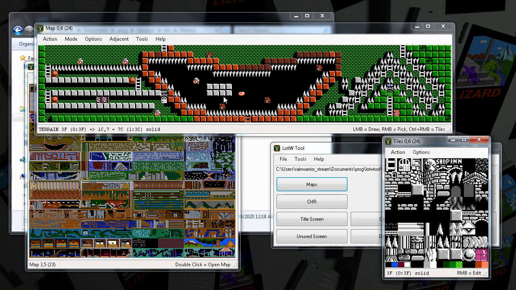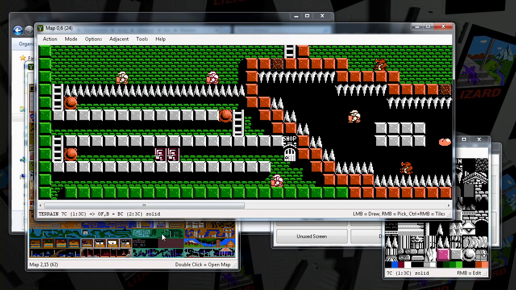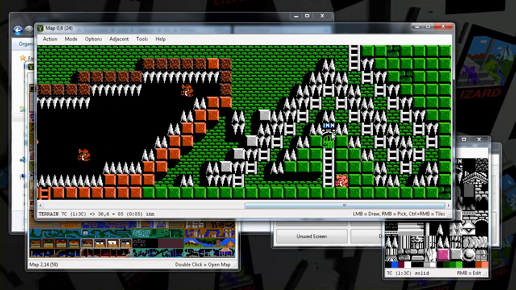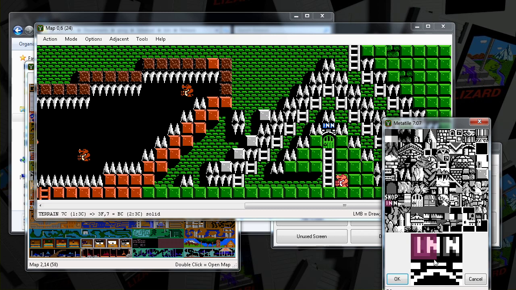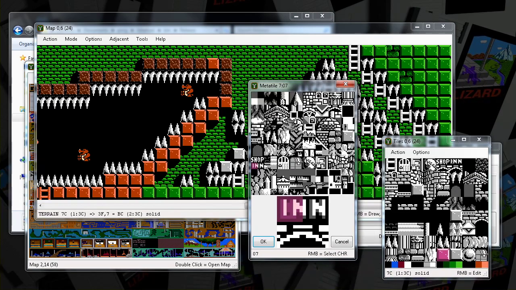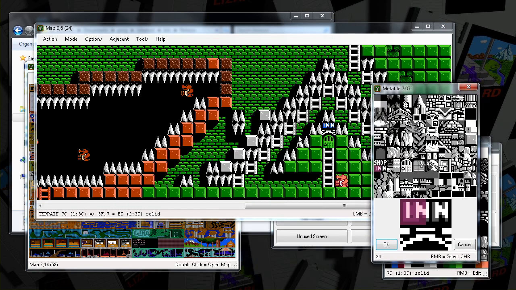The other thing you will find is that, let's just zoom in on the inn for a moment. So here's the inn over here. Here's the inn sign. We can actually edit the meta tile. The meta tile is this 16 by 16 pixel tile that you place on the map, but it's actually made up of 4 tiles.